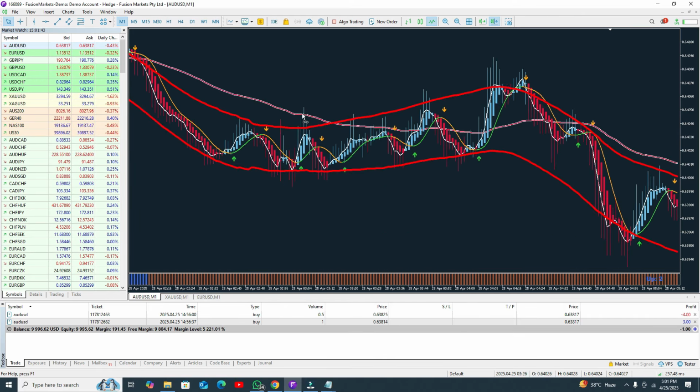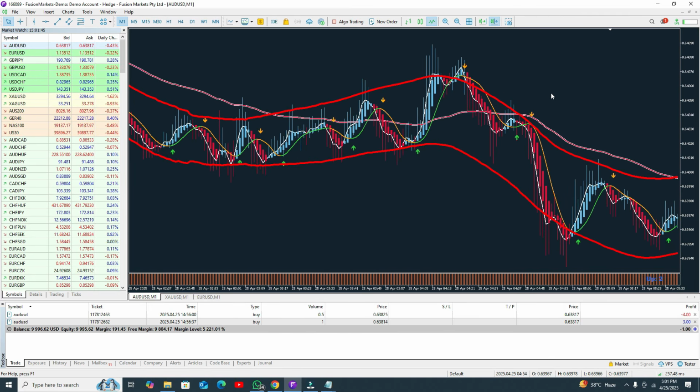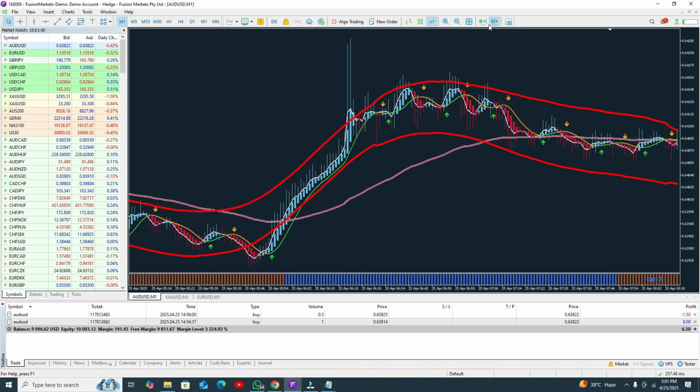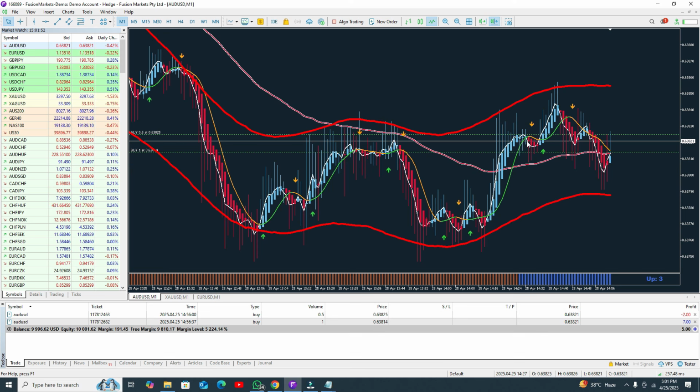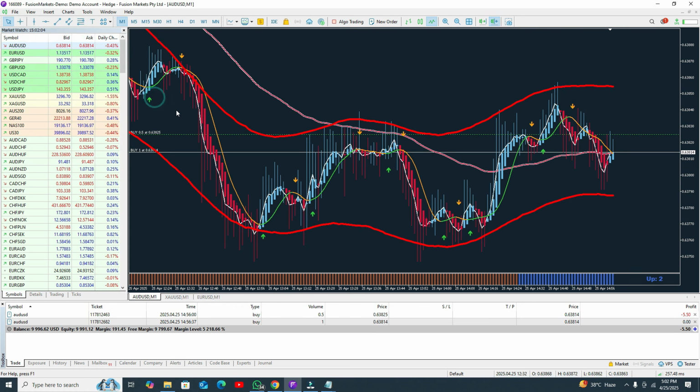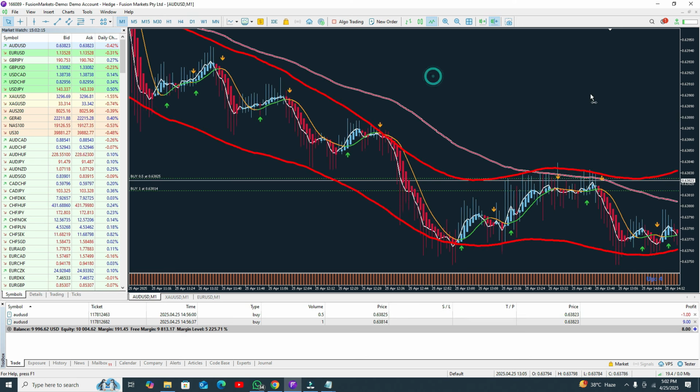This is excellent, it's an awesome indicator, and you can see how amazingly it's giving you profits. From this point we open our buy position, and in the 1 minute time frame as well you can see we are now in some good profit. We are waiting for the candle to touch the upper band line, then we need to close our trade. Let me show you some more details about it.